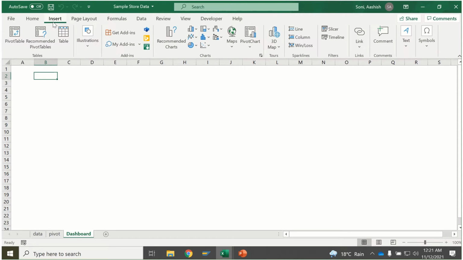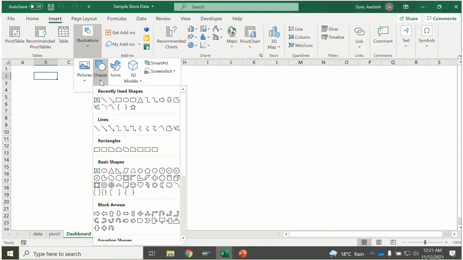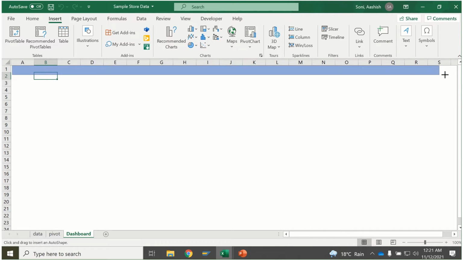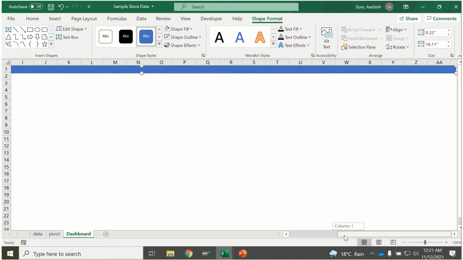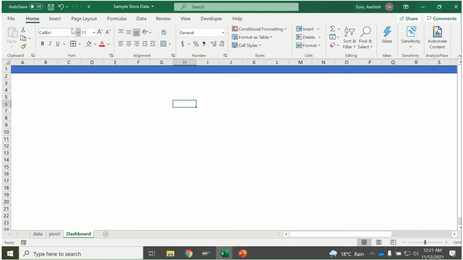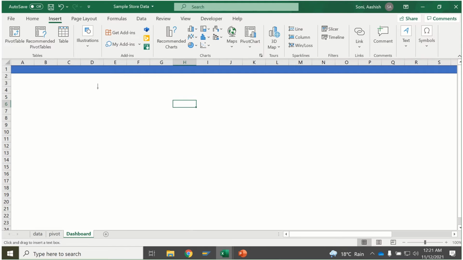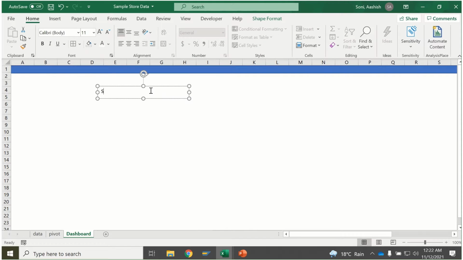Okay, and what you will do, you'll go to insert, illustrations, shapes, and you will click here. Okay, the rectangle. Okay, and then you will drag it. Then you'll go to insert again, illustration, shapes, and this time you will take text box and you will write it as sample store data dashboard. Okay, and then you can go to home and you can change the